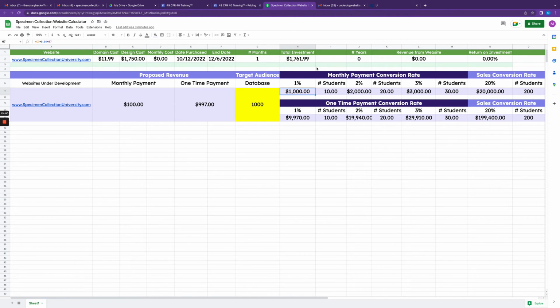So that's something that you want to see: okay, well, how hard is this going to be for me to get my money back? And then from that point, once you've gotten your initial money back, now you're in the money, what they call in the money. You're just seeing nothing but profit. So the goal of any business is, if you have an outlay of cash that you have to put out to get the business started, the goal of any business is to get that cash back as quickly as possible.